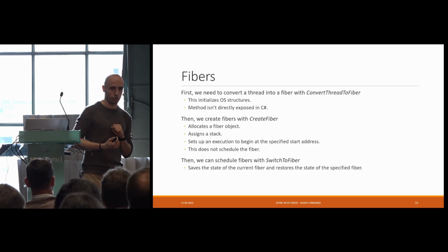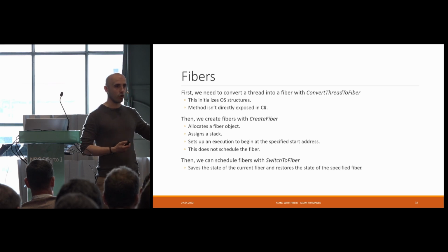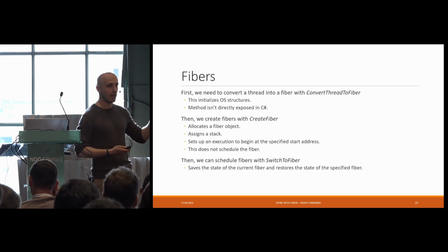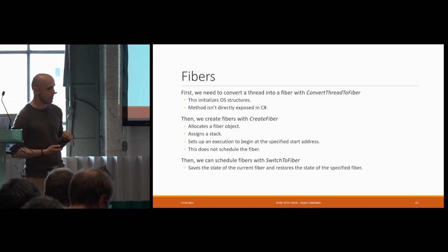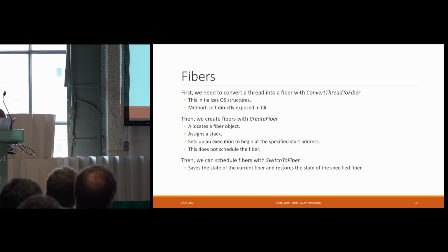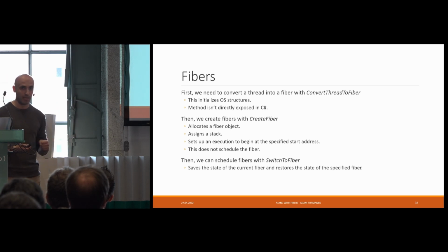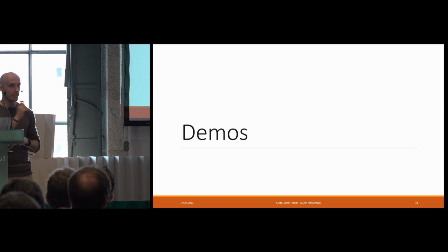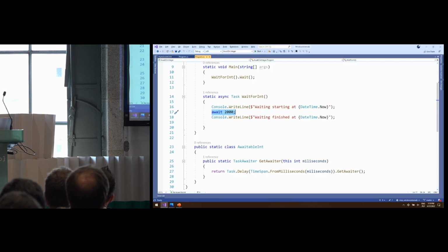So what do we need to do? Imagine that we now want to implement async, knowing all the things about green level threads, about continuation passing style, about coroutines. We want to use fibers, so the green level threads, to implement async. How do we need to do that? Technically, we need to call a couple of Win API methods to convert a thread to a fiber, and then we can use switch to fiber to switch between threads. How do we do that to do async? This is the next part of this talk. So let's see what we are going to do.